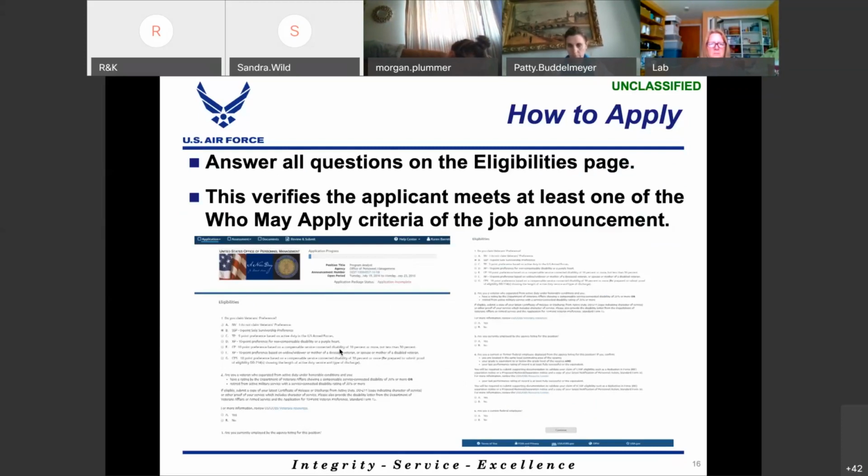Were you a disabled vet, which would be 10 points? Were you just a 3-year, 4-year vet? Those things. What type of mil spouse you were? Those questions will come up. If you didn't answer anything to any of those eligibility, then you won't have these questions, which is a big change from how the process used to be. You used to have to go through every type of eligibility and mark yes or no, yes or no. Now, it only comes up if you self-identify that you're eligible for those